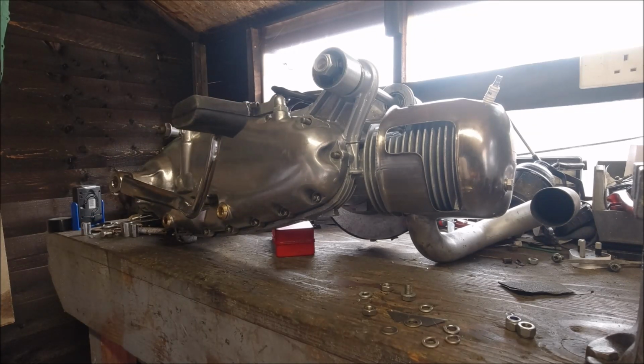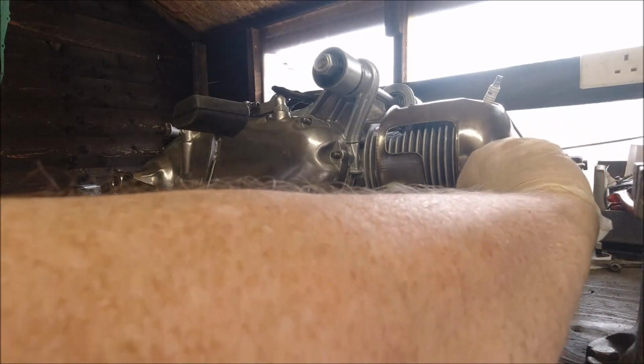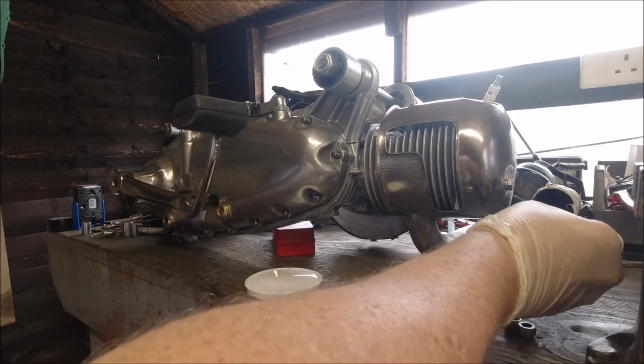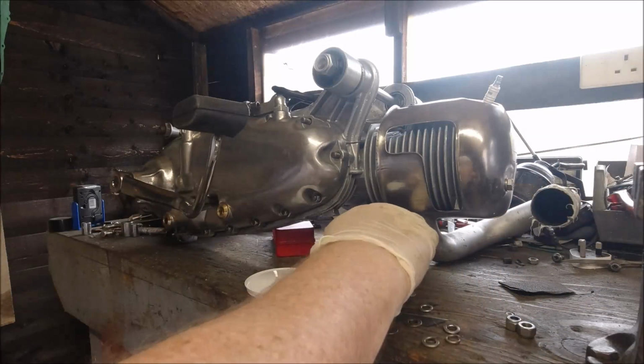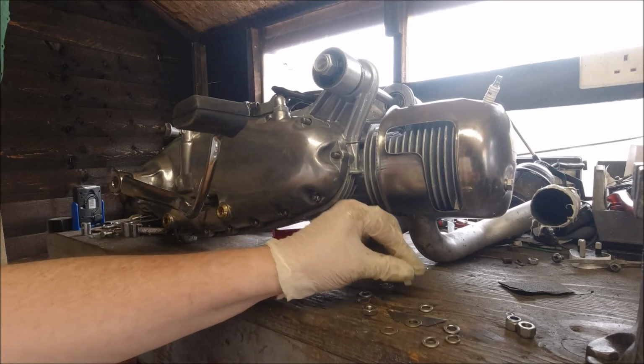So right, we're going to need some gun gum again, so we'll grab some of that, and this time we don't have to be that bad with it, so I'll just put a bit on there. And what we're after is a seal around here, and we can wipe that afterwards. We need quite a bit because it does go on quite a way, and the way that they make the exhaust, the clamp can leak through the clamp, so you sealed it here, now it's going to be leaking from there. So it's knowing the weak points in a Lambretta exhaust basically. You're saying everywhere, and I'm not disagreeing with you,